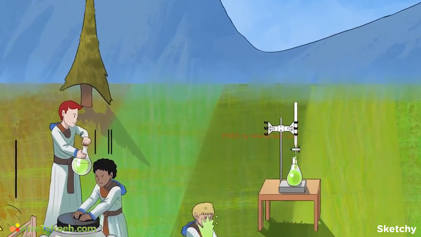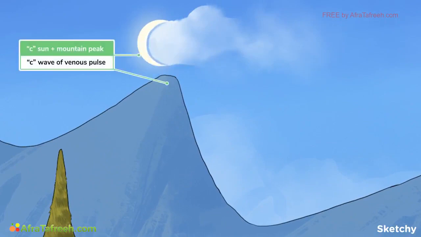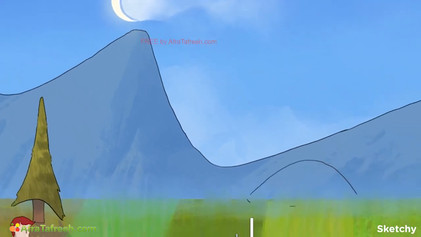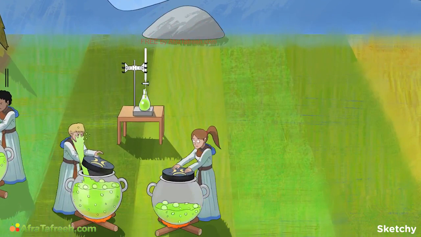At the same time, rising pressure in the right ventricle will cause the tricuspid valve to bulge backward into the right atrium, which will generate the C wave on the venous pulse curve. This is represented here by this partially obscured C-shaped sun resting above a sharp mountain peak that mimics this part of the curve. The fourth phase of the cardiac cycle is reduced ventricular ejection